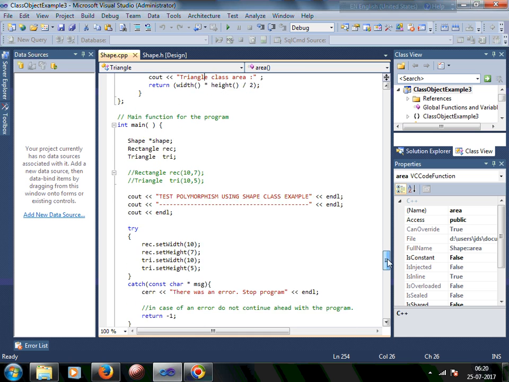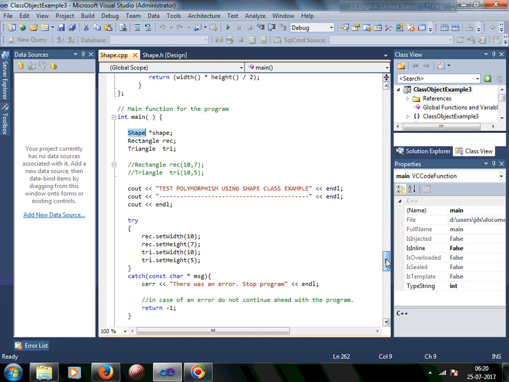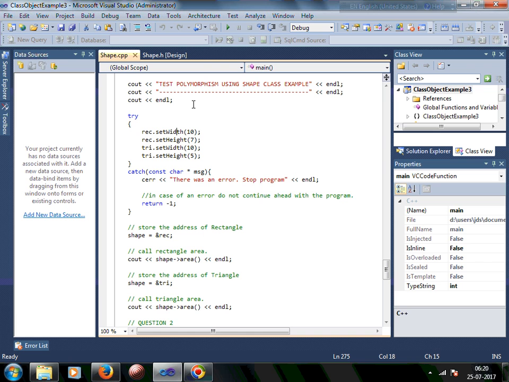So if you see the main function, we are creating a pointer variable of type shape. So we have not created the shape object as yet. It's just a pointer, so it can point to any other object of the same type. So here we have the actual objects, rectangle and triangle, and we are testing